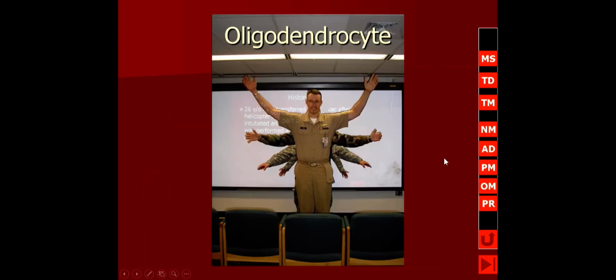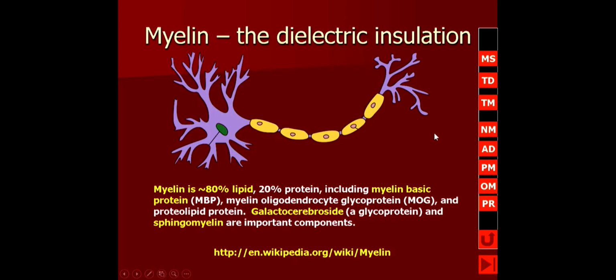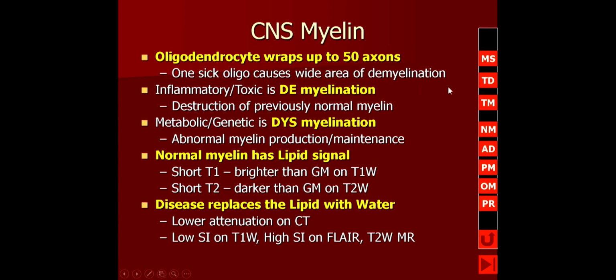and 6 or more Schwann cells myelinate a single axon. But in the central nervous system, like Shiva, one oligodendrocyte sends myelin paddles around multiple adjacent axons. In fact, one oligodendrocyte may myelinate up to 50 axons, which means if you have one sick or dead oligodendrocyte, you have a big patch of demyelination. And then that's going to alter the conduction and the functionality of that axon. So this is very important. This is why diseases that affect the oligodendrocytes are going to be so detrimental to